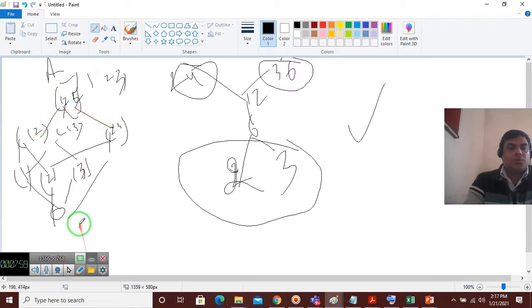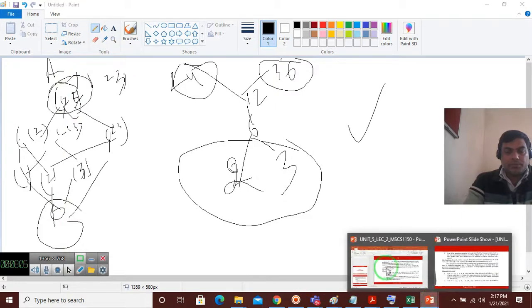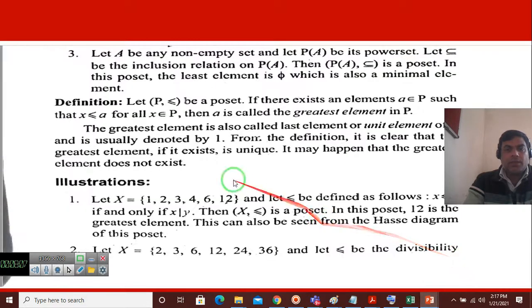Okay, so is this a least element or is this a greatest element? So phi is the least element, which is also a minimal element, and